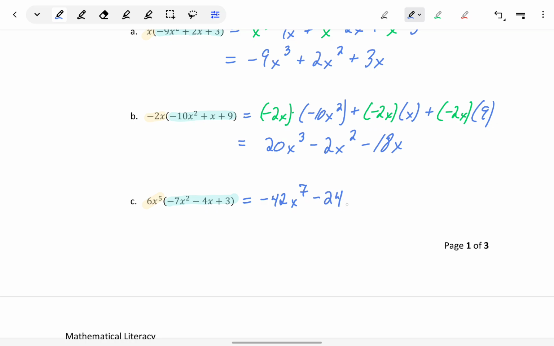And then x to the 5th times x would give us x to the 6th. And then plus 6 times 3 would give us 18. And then x to the 5th times, there is no other x there, so this would just be times x